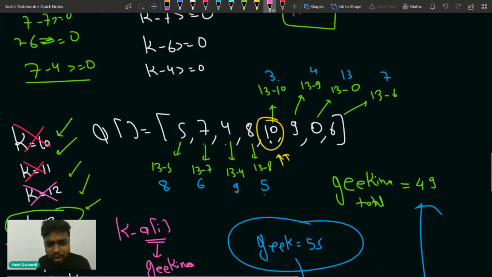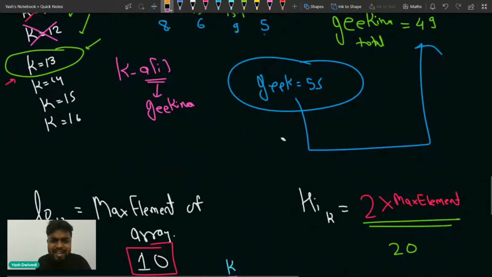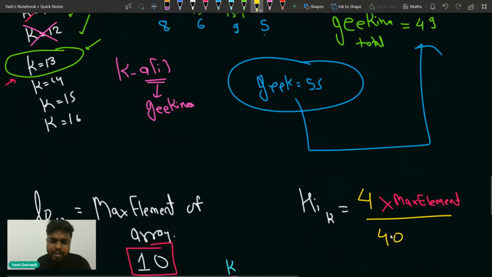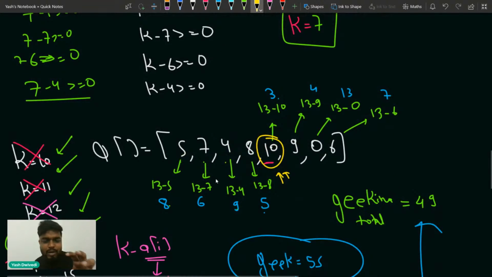Basically, Das Gupta, you can understand one thing now. Suppose you have an array which has the maximum value as 10. If you don't want to choose 2x, I can choose 4x instead. You can choose it as anything, but let's say you choose 4 times the maximum element, so 40. Then every element is present 40 units each, and obviously whatever Geek gets will be more than what Geekina has drunk.